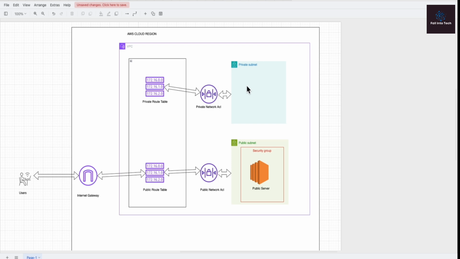Okay, so basically that's the diagram that we have today. And in today's project, we are going to build a private subnet, build a private network ACL, and then build a private route table. If you remember, we already built the public subnet, we built the public network ACL, and then we built the public route table, and we added an internet gateway, and these are the users right here. So without wasting any time, let's jump right into our AWS console,